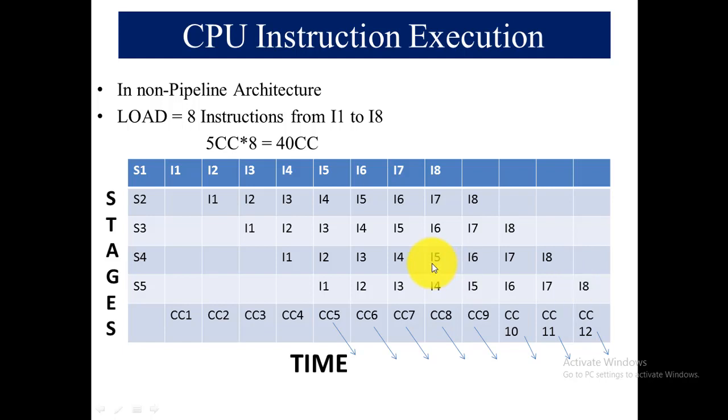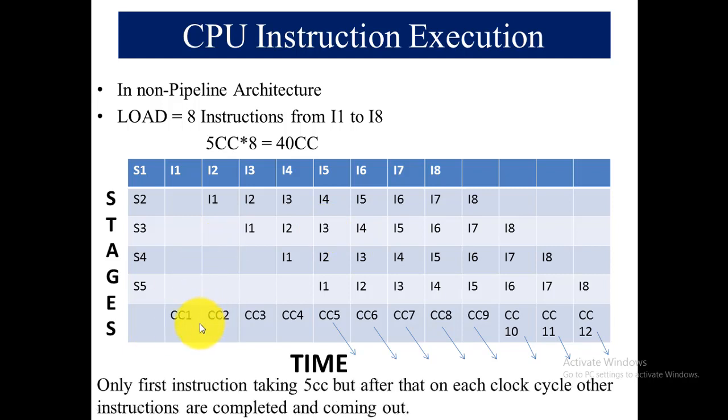So keep in mind, in RISC pipelining architecture, only the first instruction will take 5 clock cycles. After that, each instruction comes out in a single clock cycle. The first instruction completes in 5 clock cycles, and instruction 2 completes in 6 clock cycles. It takes only 1 clock cycle because we started simultaneously. As instruction 1 moves to the next stage, we start the other instruction.